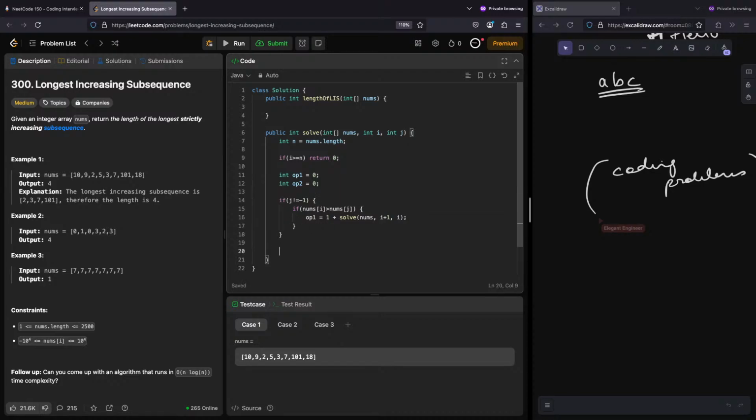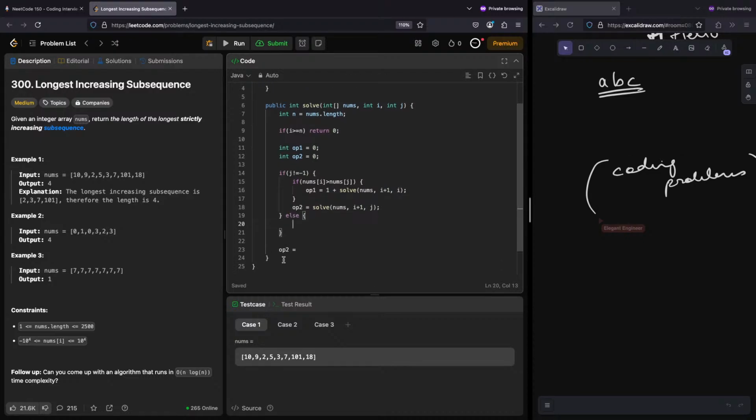If you have taken already, then option two would be that you don't want to make this decision. You say that I'll go further and keep the j same. In the else scenario, you have two options. You take this and say, okay, I've started and this is my i now. Option two is basically